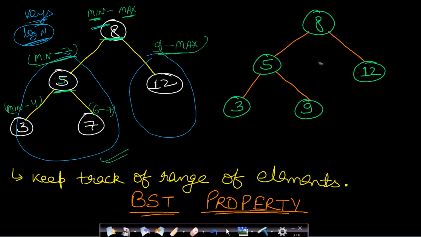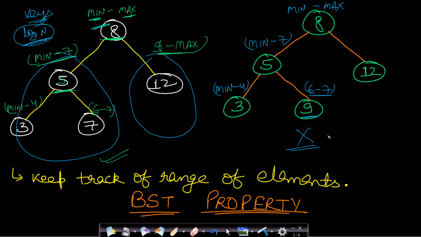In the second example, the first element will fall in the range of min to max, so the first element is always valid. But after taking this first element, if we look at the left subtree, its left child will fall in the range of min to 8 minus 1, which is 7. So 5 is in this range, and in this subtree if you take 5 as the root, then this 3 should fall in the range of min to 4, and yes, it is falling in this range. Since it has no child, we will check for the right child of this 5. The right child should fall in the range of 6 to 7. But this is 9 and this is not falling in this range. So this is not a valid BST.